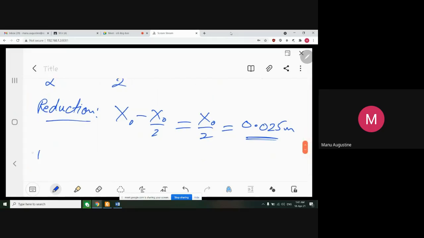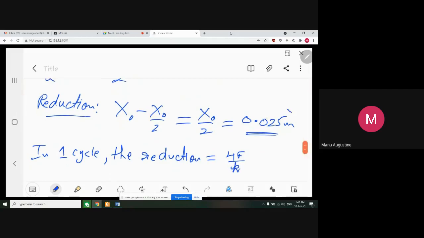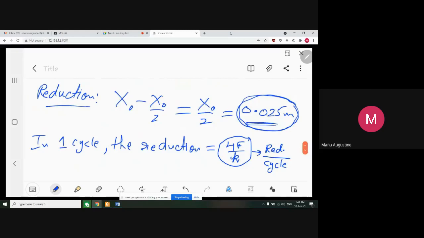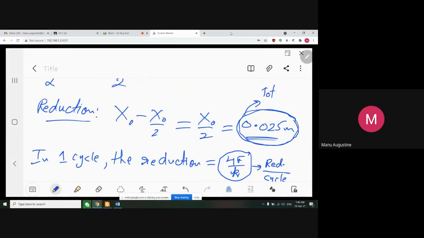अभी रिडक्शन क्यों मैं पता कर रहा हूँ, क्योंकि मेरे को पता है कि एक साइकिल में, in one cycle the reduction कितना है, 4f/k, और मेरे को टोटल रिडक्शन 0.025 मीटर तक पहुंचना है। भाई इतना रिडक्शन हो गया तब जाके ही तो x0 बाई 2 बचा है। ठीक है, तो एक साइकिल में 4f/k का रिडक्शन होता है, टोटल रिडक्शन हुआ है 0.025 का। तो कितने साइकिल लगे, कैसे निकालेंगे, ये देखो, ये बेसिकली 4f/k क्या है, this is reduction per cycle, और ये क्या चीज है, 0.025, टोटल रिडक्शन।